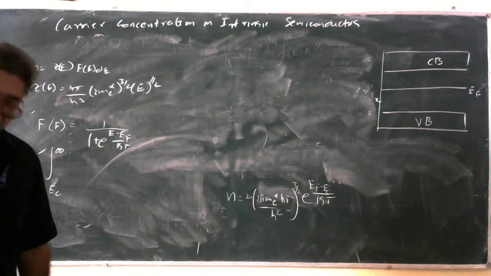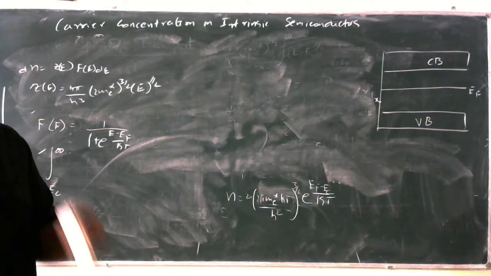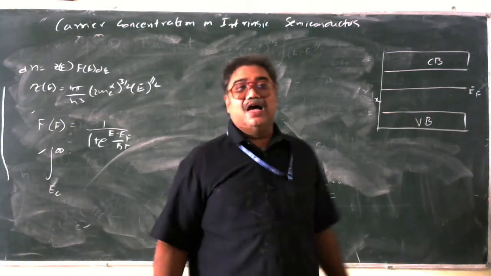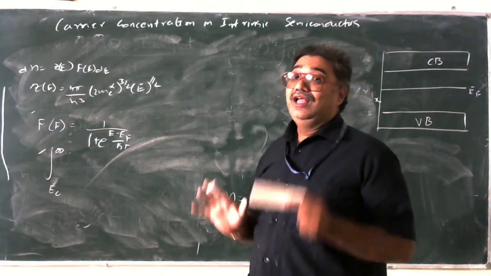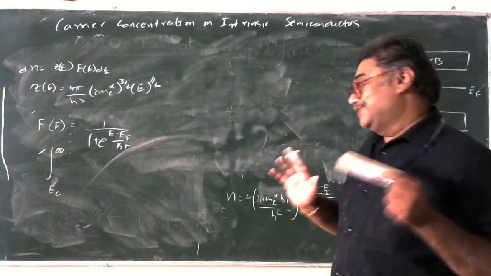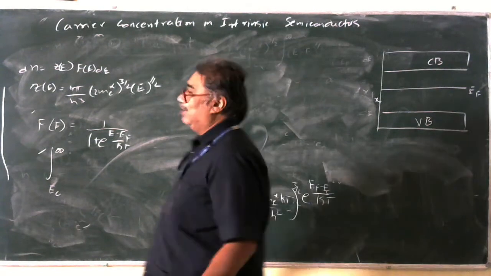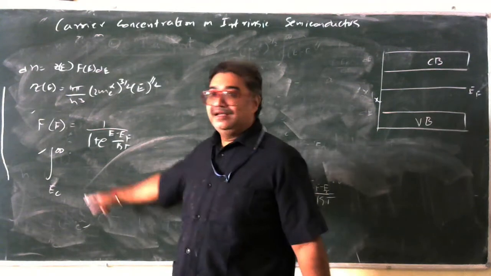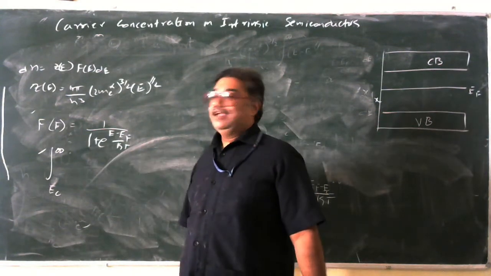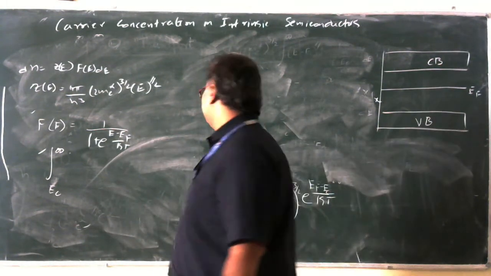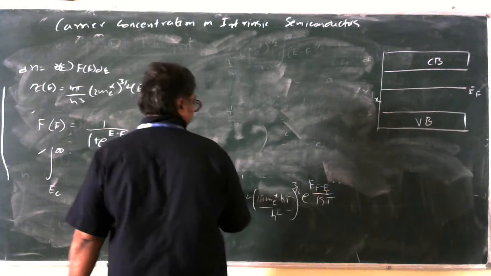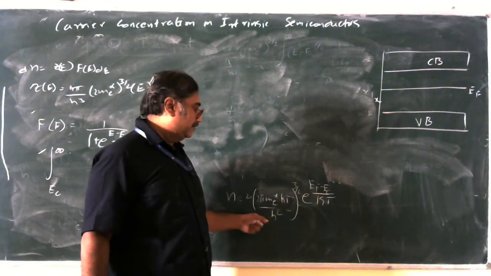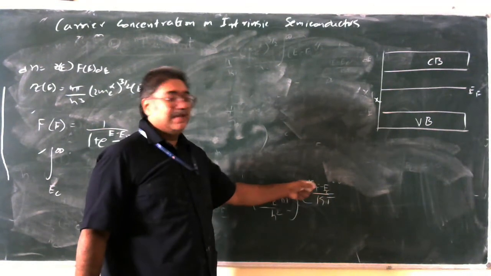So what is Z(E)? The density of states, where there is a possibility of free electrons. And what is f(E)? f(E) is nothing but the probability function which says how many free electrons are available for conduction in the conduction band. And what are the limits? Because the free electrons are only available in the conduction band, it is from EC to infinity. So we have taken these three, and finally the condition we applied is n = 2 (2π m* kT/h²)^(3/2) exponential of (EF − EC)/kT.